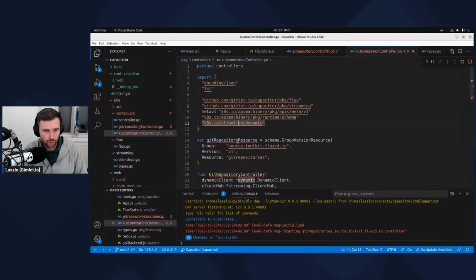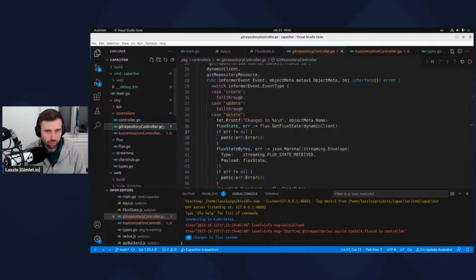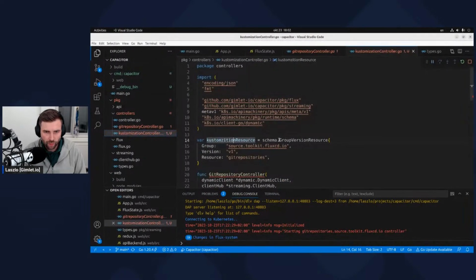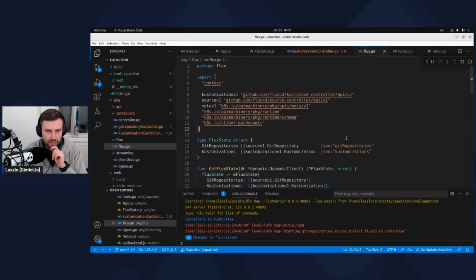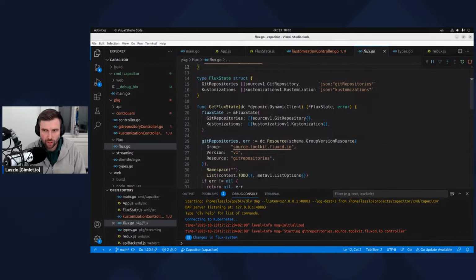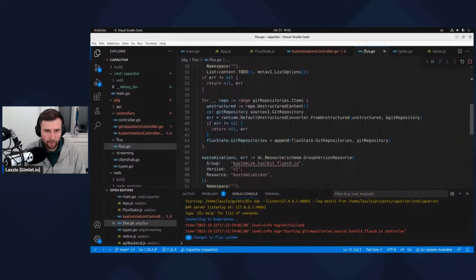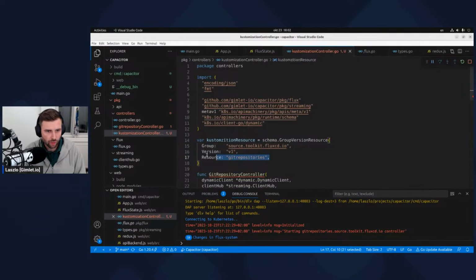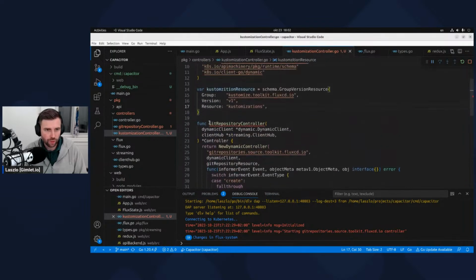I'm pretty sure others can do some generics trick. I don't, and I don't care. So here, actually the get flux state has this type already. This is the thing. Group version resource, group version resource. And let's call it customize